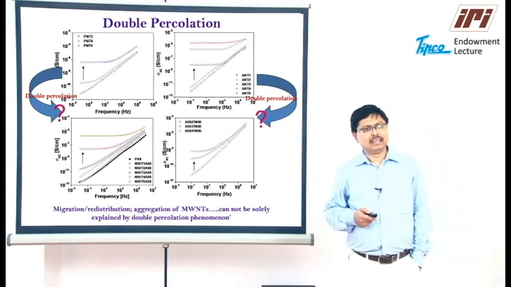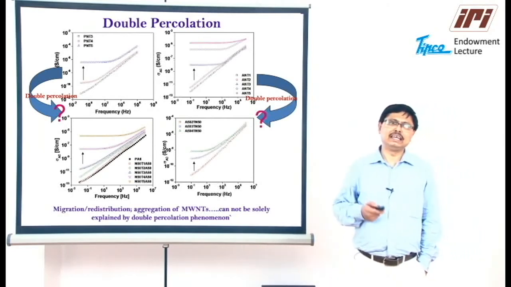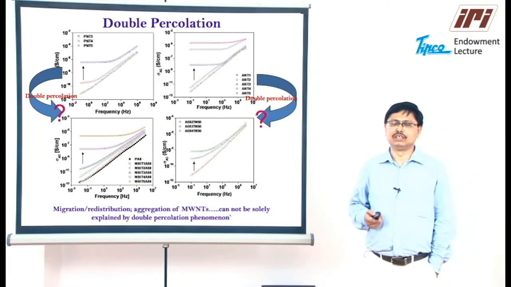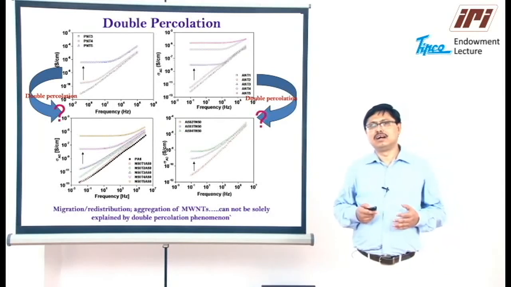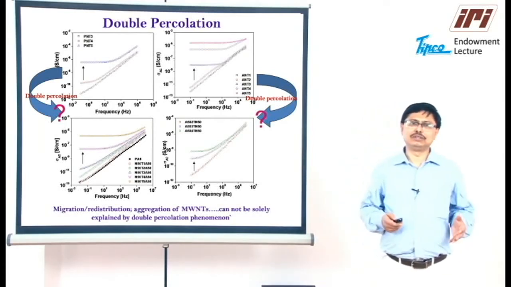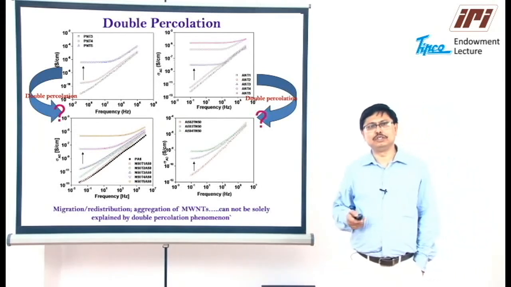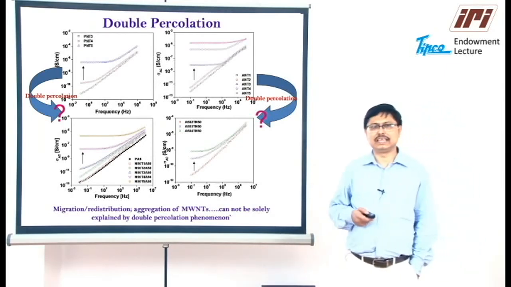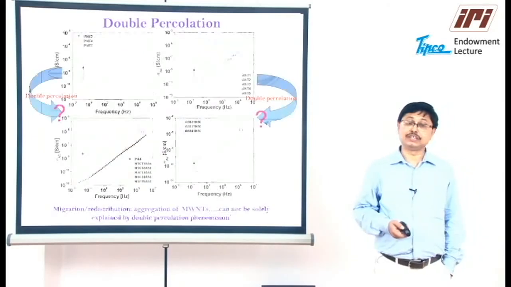However, the whole experiment, this entire mixing protocol and the electrical conductivity measurements of the injection molded composites of these compositions, suggests that the mere double percolation phenomenon cannot solely explain this particular case, because there is a migration and redistribution of the nanotubes in various phases from polyamide to ABS or ABS to the polyamide phase, and there is an aggregated structure of multi-wall carbon nanotubes which actually increases the